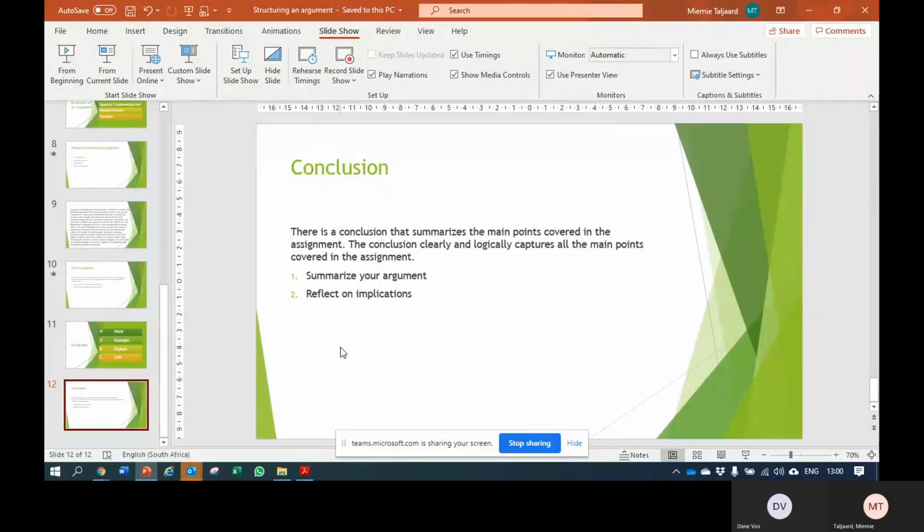There's a conclusion that summarizes the main points covered in the assignment. The conclusion clearly and logically captures all the main points covered in the assignment. So now you have to summarize your argument. Your argument is that